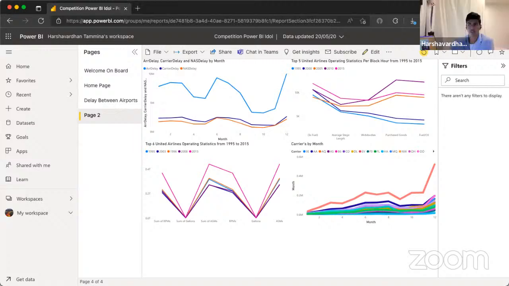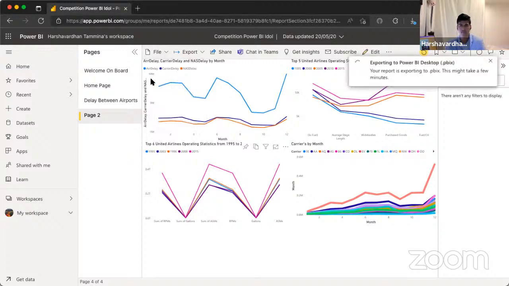So this is a report I've published into a report service a while ago. So I'll download that file as a PBIX file. While we wait for that, I'll show the